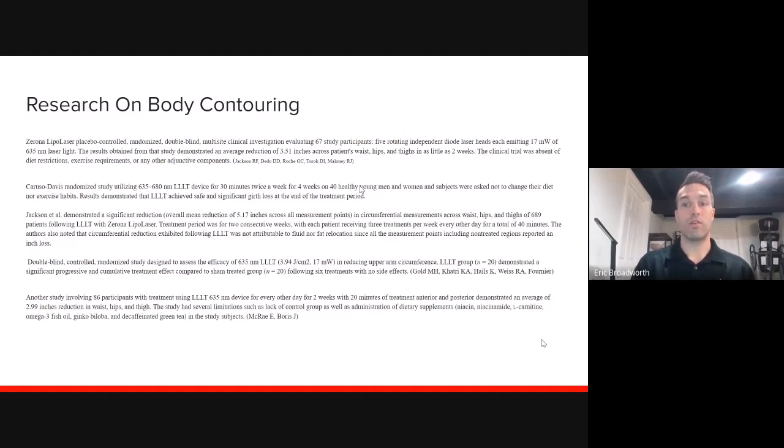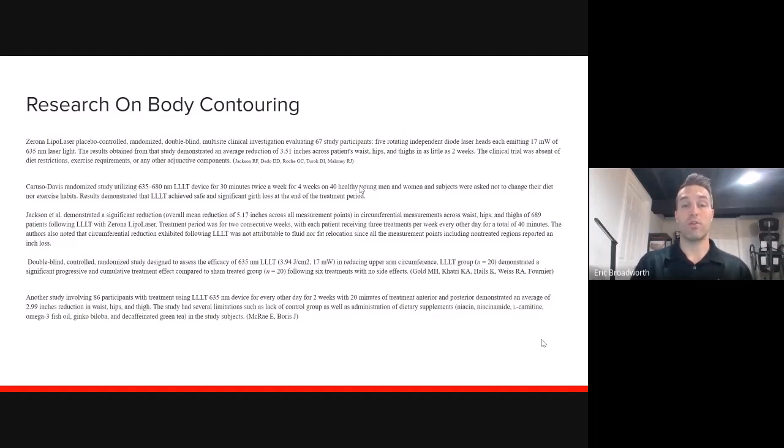What's important about this clinical trial is that it was absent of any dietary restrictions or exercise requirements or any other adjunctive components. So it really just focused on the lights and not on diet, exercise, that kind of thing, with the patients. Another study that was done by Caruso Davis was a randomized control trial